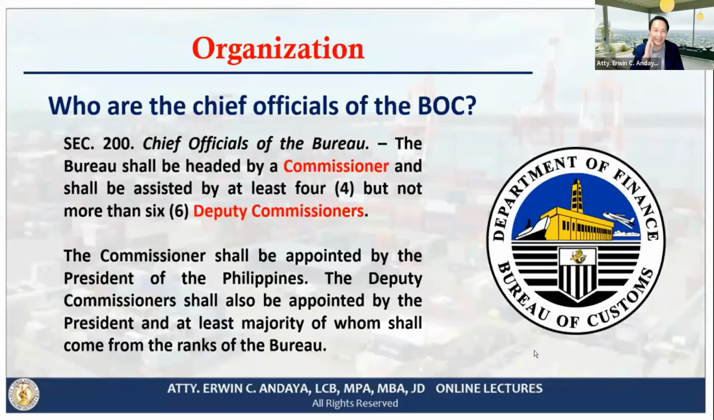Pangalawang rason dyan na nakikita ko is para ma-continue yung reforms na nasimulan nung mga dati pang commissioner o yung mga dati pang nanilbihan sa Bureau of Customs. Like for example, yung isang commissioner, may maganda siyang programa. Pwede niyang sundin ng susunod na papalit kasi nga yung 4 na deputy commissioners, alam na nila yung mga magagandang programa ng mga dating naging hepe ng Bureau of Customs na pwedeng sundin. Okay? So, that's the reason why the law provides that at least majority of the deputy commissioners come from the